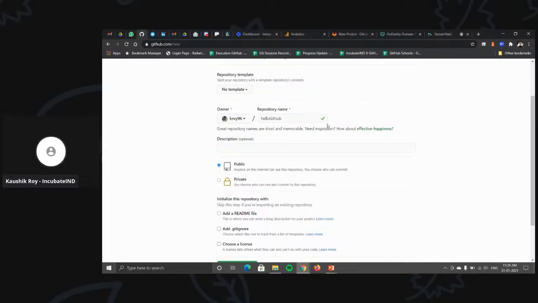Once we have created a repository, we get to select the type of repository that we'll be using. There are two types of repository over here, one being public, the other being private. What we mean by public repository is that if you are creating a public repository on GitHub, then anyone on the internet who has got the link to your repository or who can do a good Google search